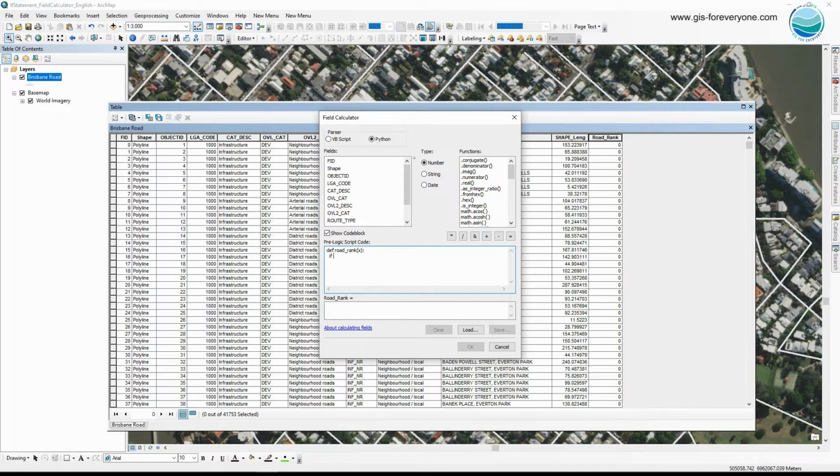And I say if X is equal to, for example, arterial, I put it in a double quote because it's a string, and I put a colon. In the next line, I need 4 spaces or 2 indentation. I say return, for example, 1. And in the next line, I say elif X is equal to, for example, district, return, for example, 2. I can have as many elif statements as I want, but for now I just put 2 statements, and at the end I say else return